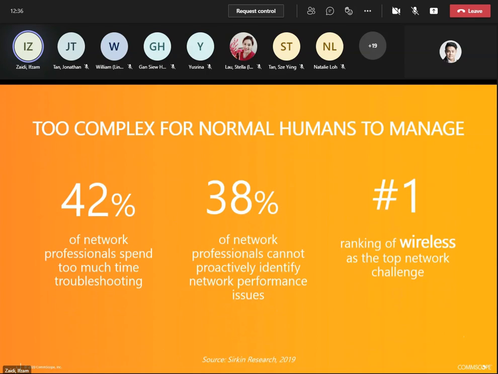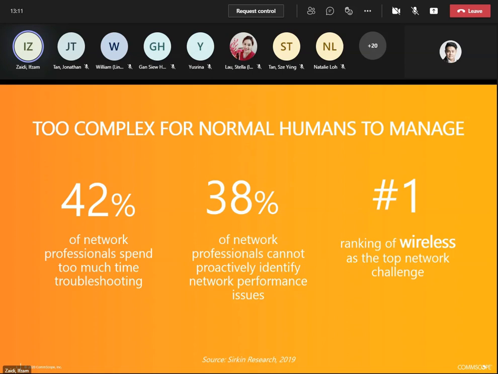Before I go through more details on Ruckus Analytics, I want to show you some statistics and challenges that have occurred from time to time. Currently, networks are too complex for human beings to manage effectively. The amount of data that a complex network generates is far too great for any normal human to make sense of without significant assistance. Without the assistance, visibility or insight is hard for IT organizations to be proactive.